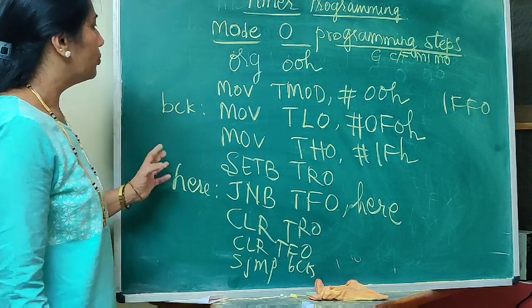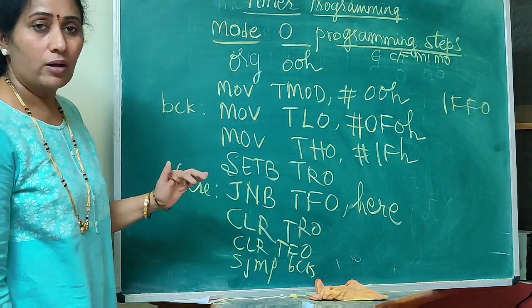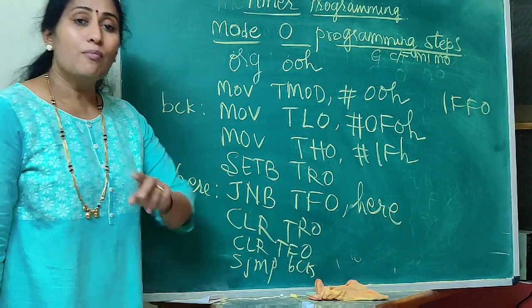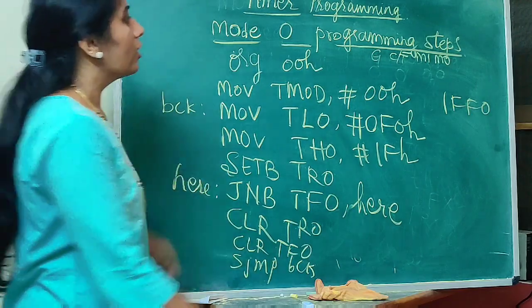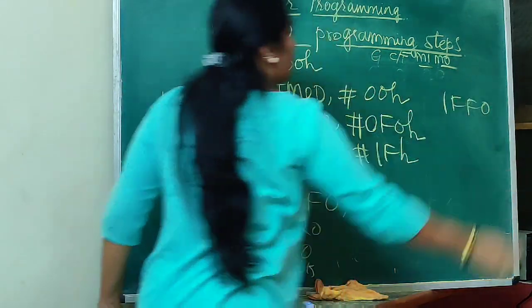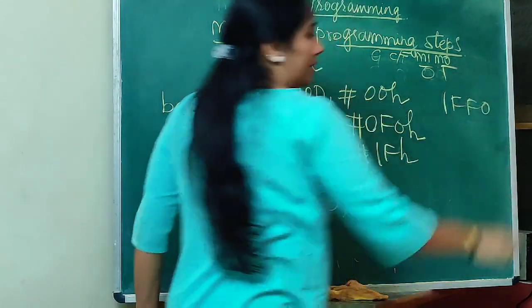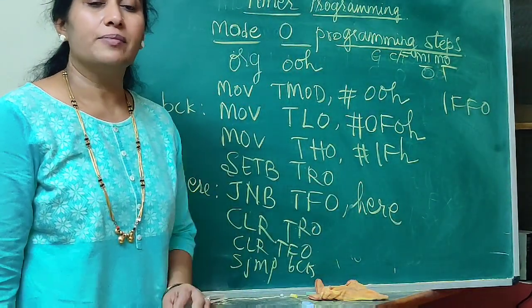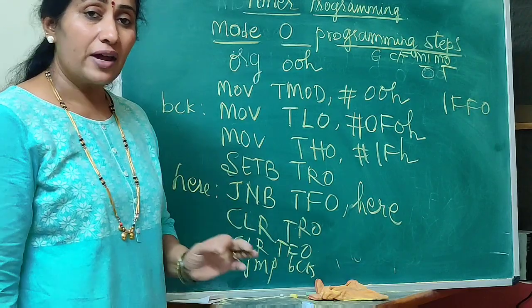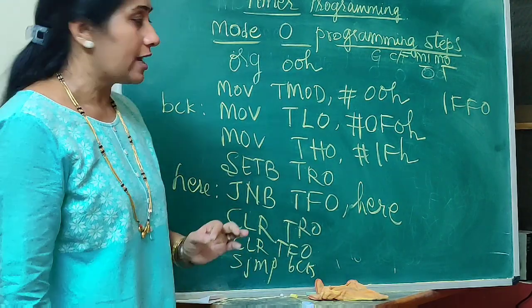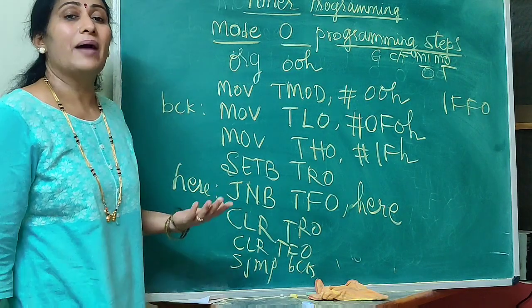Okay. So this is going to be mode 0 programming. What will be changed in mode 1 programming? In mode 1 programming, you are going to make the M1 M0 bits, which are there in the TMOD register, equal to 0 1, and the maximum count is going to be FFFF, because mode 1 programming is a 16-bit timer which is going to generate the maximum delay.